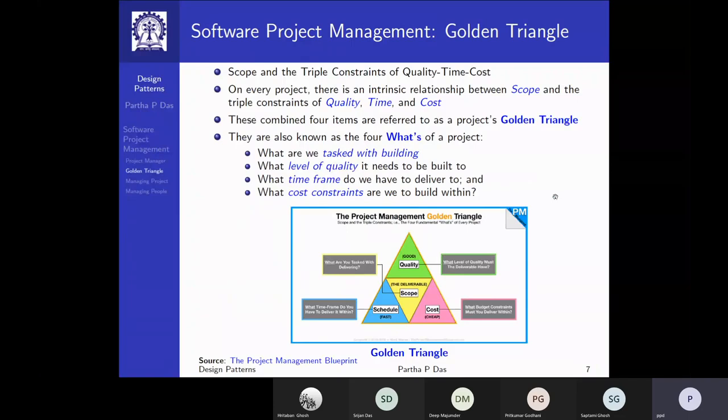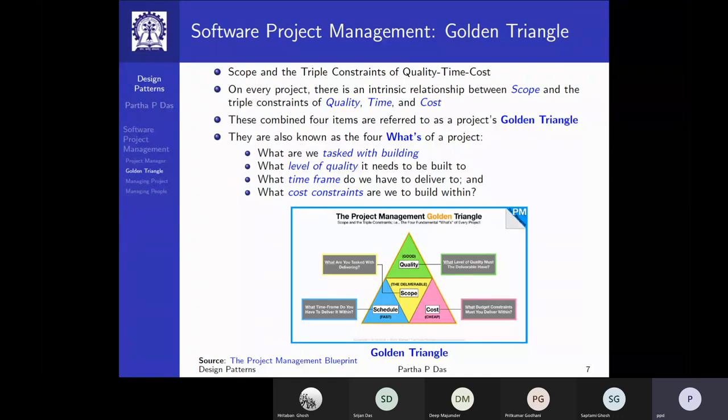Now, this is something you might like to retain: software project management is a kind of trade-off, a balancing act between the scope of the project and three constraints that it has. One is quality, another is time, and another is cost, right?